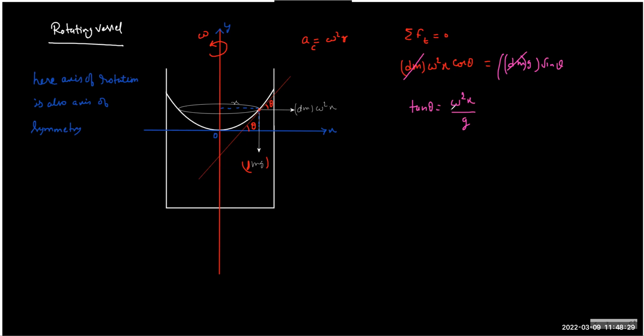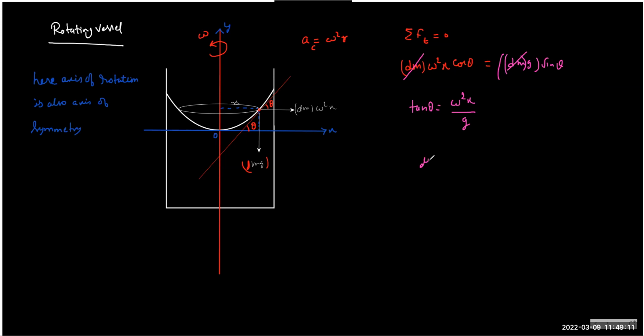Because as x will change, a will change. So because tan theta is omega square x by g,